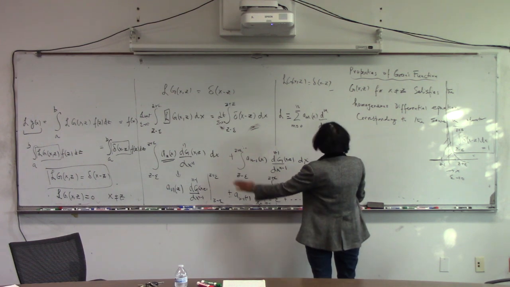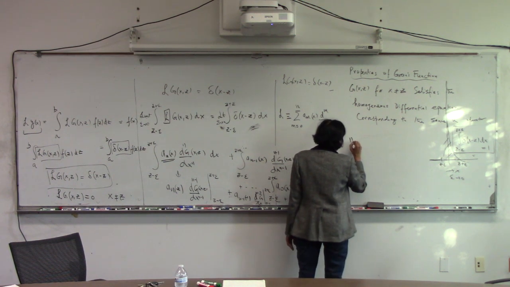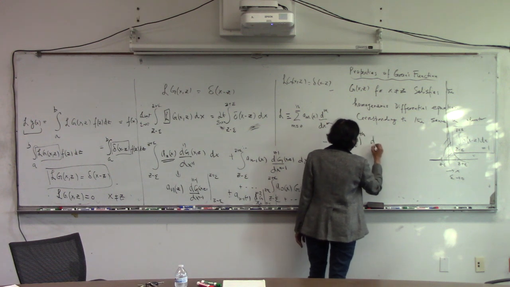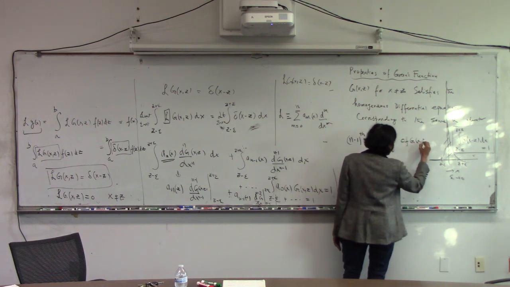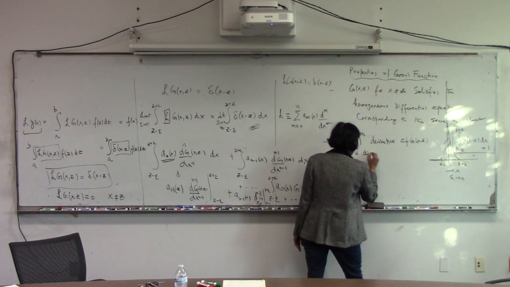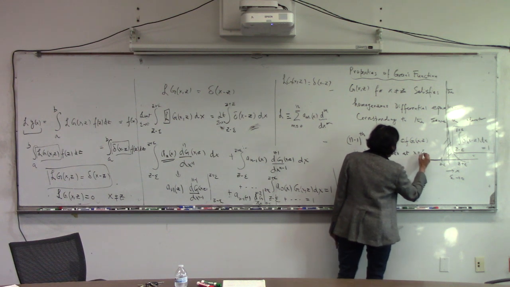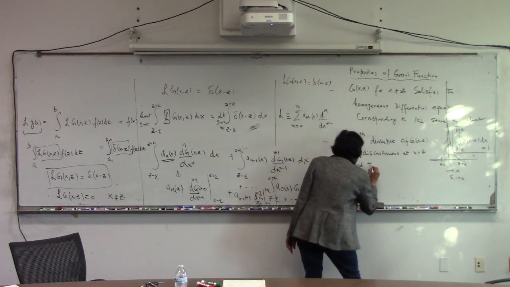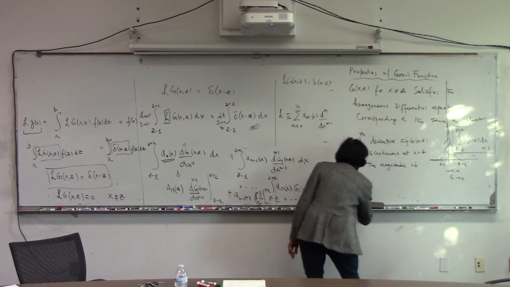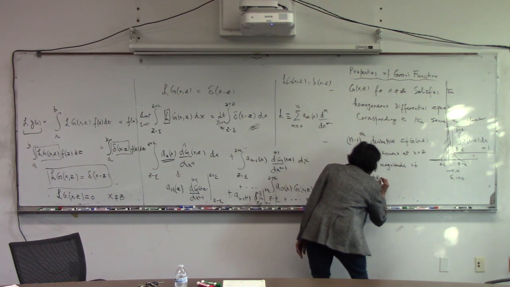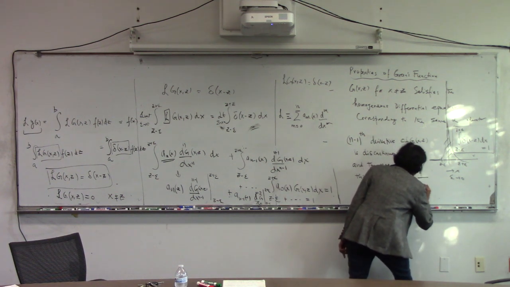So what we have is the following. For the nth order differential equation, the n minus 1th derivative of g(x,z) is discontinuous at x equal to z, and the magnitude of this discontinuity is simply 1 over a_n(z),